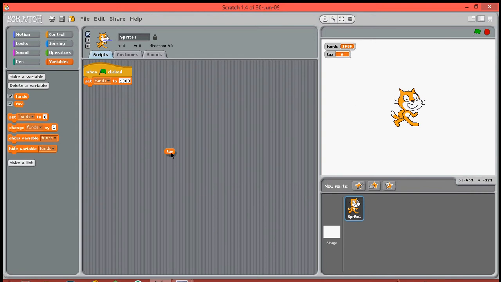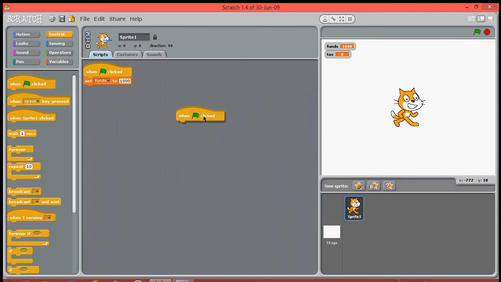So here we have our little variable called tax. Now we're gonna want one flag clicked forever, and we're gonna want to set the interval of time for when we get the tax money. So every 35 seconds you get some tax money,